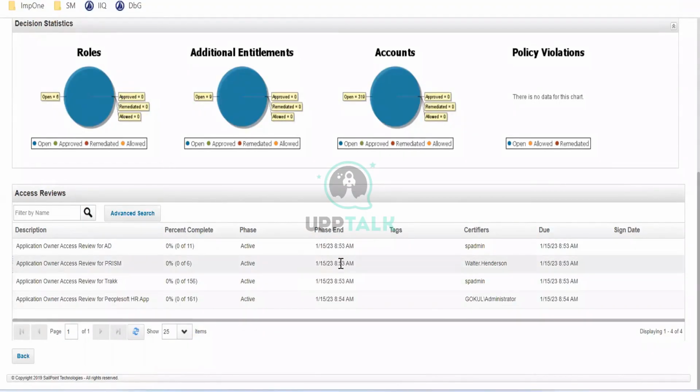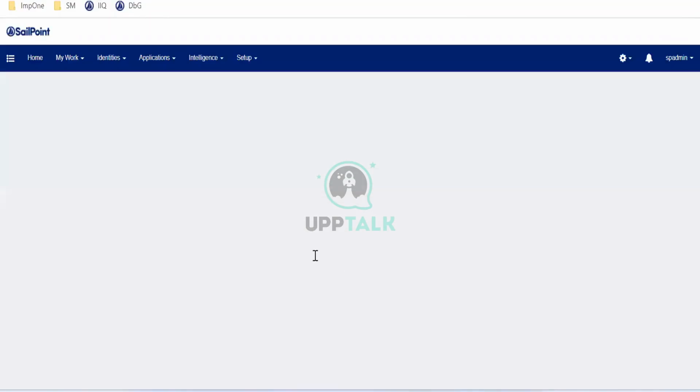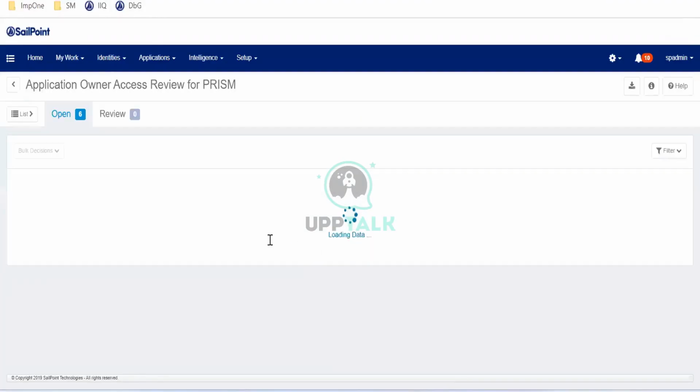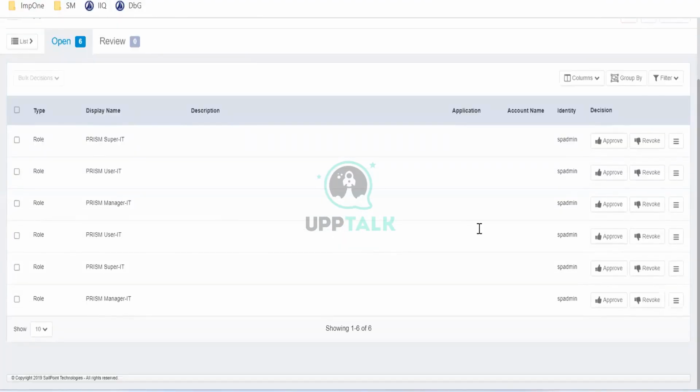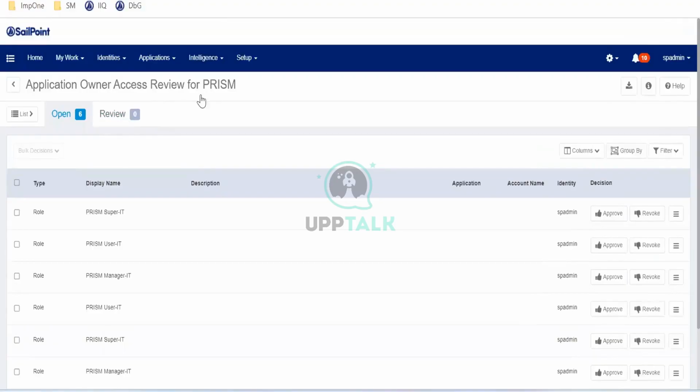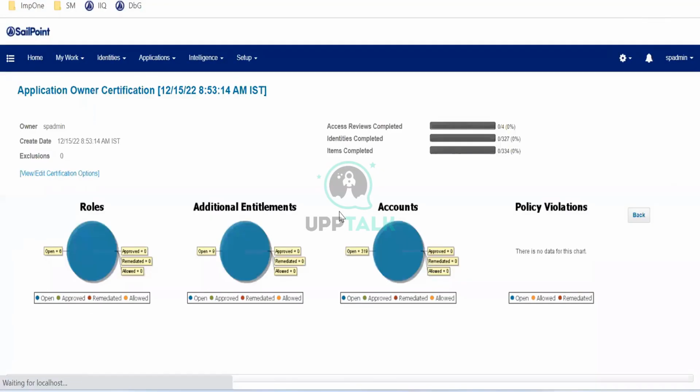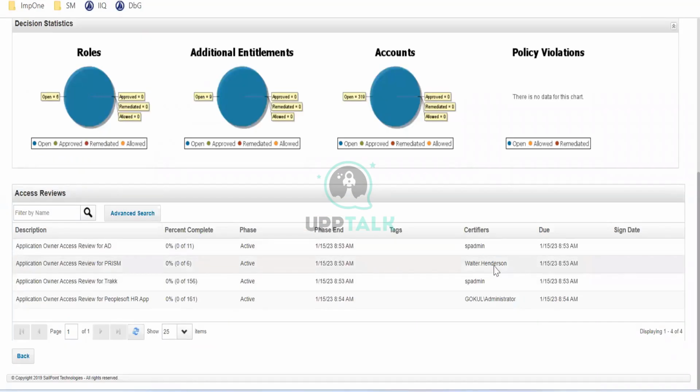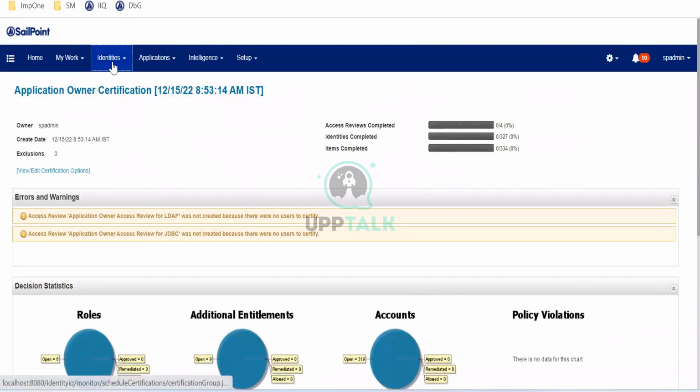If I open this access review from here, I won't be able to make any changes. I can see it, but I won't be able to take any action on it because I have to log in as Walter. Quickly log in as Walter. Walter is the username.